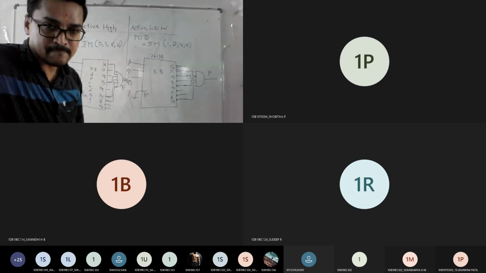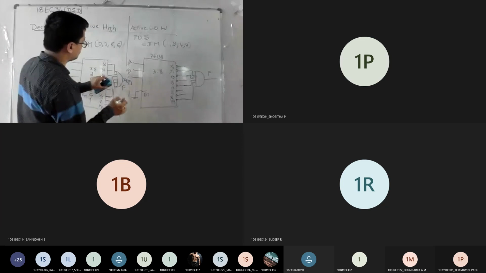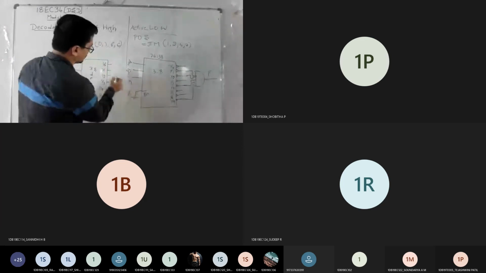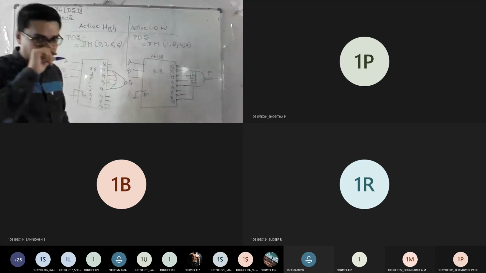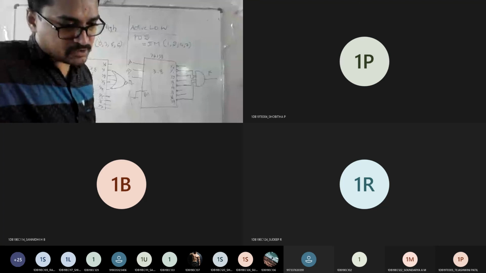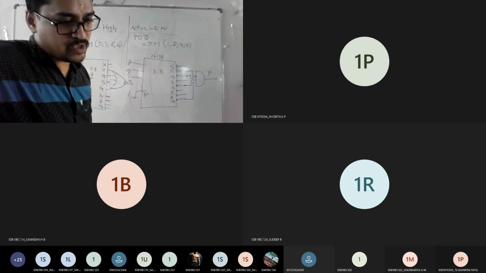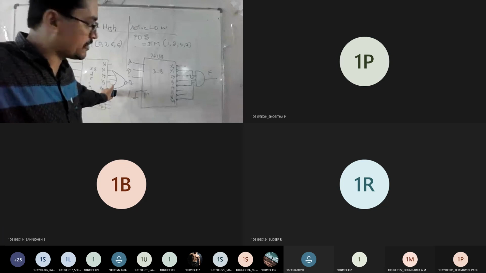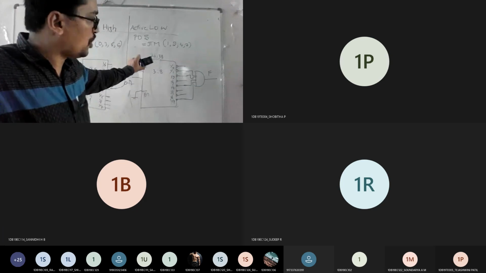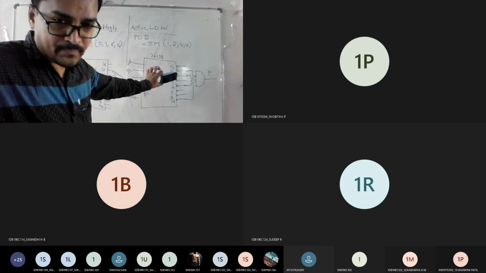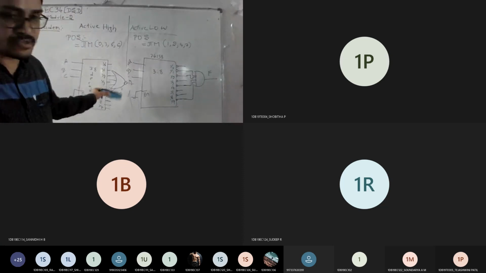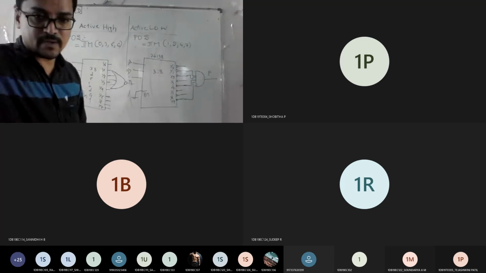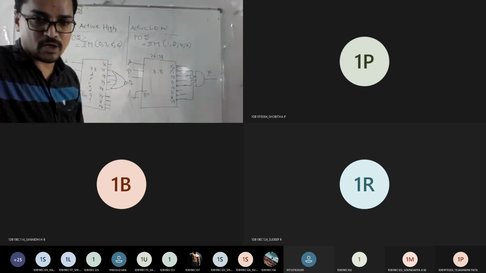So this is your NOR gate. If it is not clear, you just make a note. Connect it neatly to your NOR gate. Just make a note: active high POS form implementation is based on your NOR gate, and similarly active low POS form is based on your AND gate. I hope everyone is done till here. Any doubts? Based on this, now we will be having problems. Now I am going to give the problems and I will tell you how to solve one problem. The remaining you should do. Is it fine?